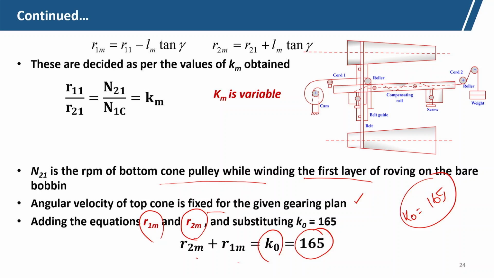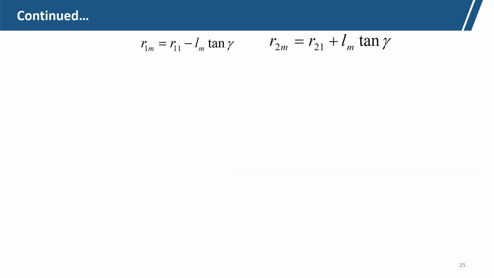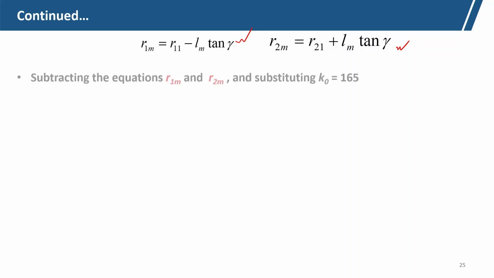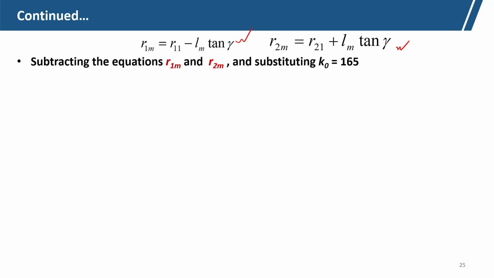So, this is the actual addition of the radius, which is constant K0. Now, this is for the top cone pulley and this is for the bottom cone pulley. Top cone pulley RPM is fixed. Okay. So, subtracting the equations Rm1 and Rm2 and substituting K equal to K0 equal to